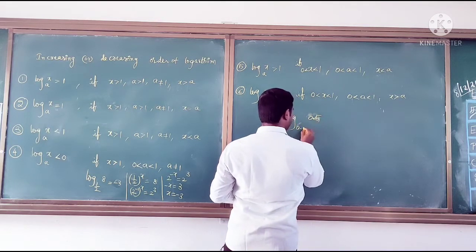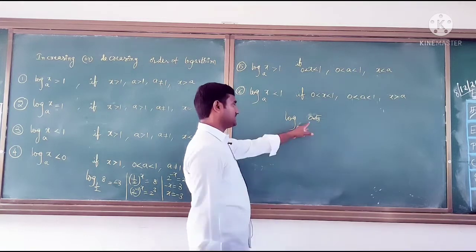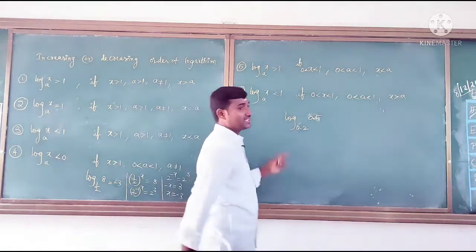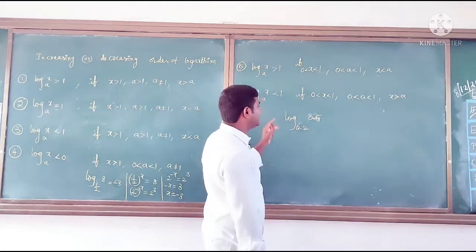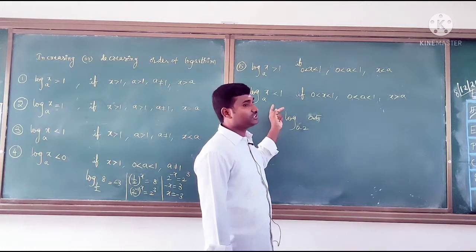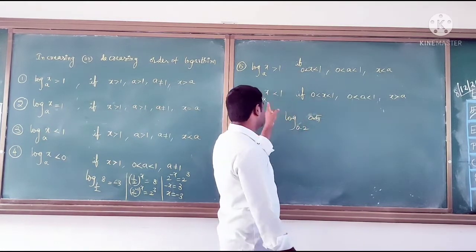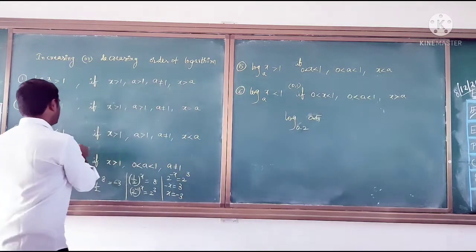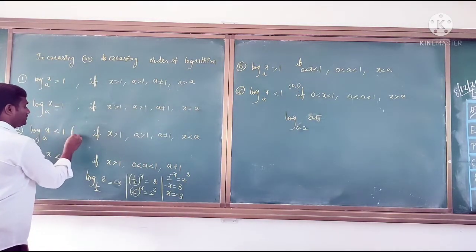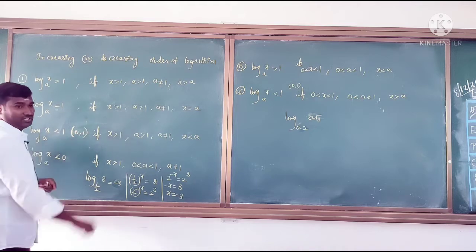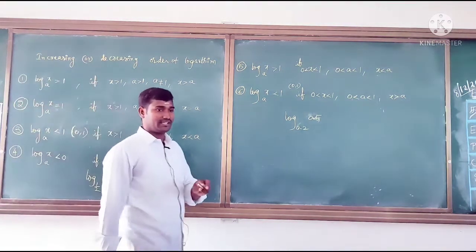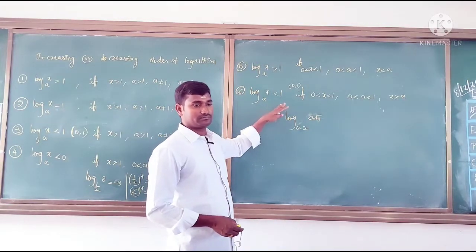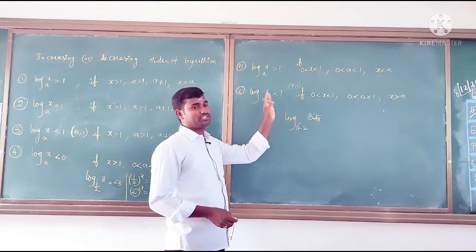Log 0.5 base 0.2, you can take x is greater than a only now. Yes, sir. Okay, this value is less than 1. Less than 1 in the sense it is not a negative number. Less than 1 means this value lies between 0 and 1. Here also, this logarithmic value lies between 0 and 1 only. We can say minus 1 is also less than 1, but this value is never negative. It lies between 0 and 1 only.